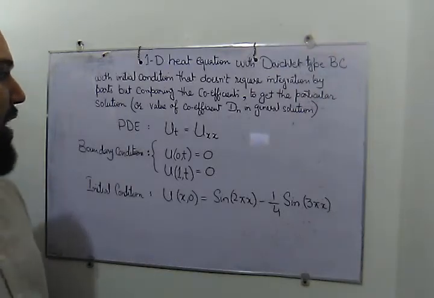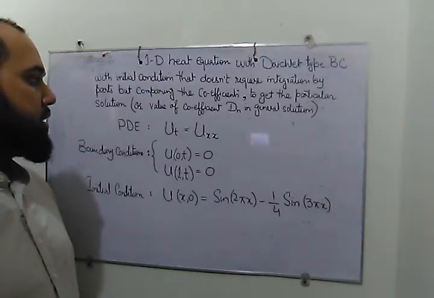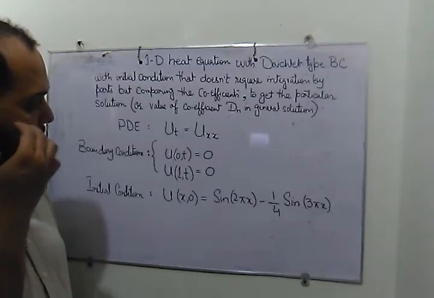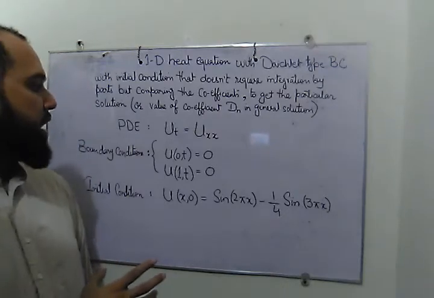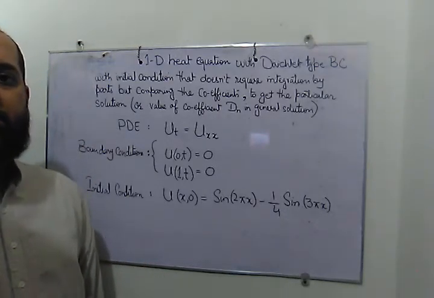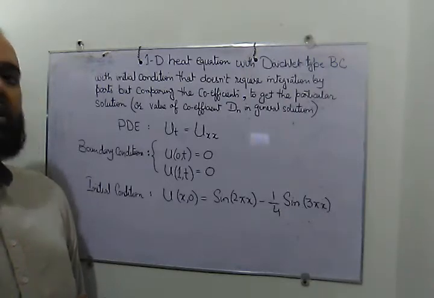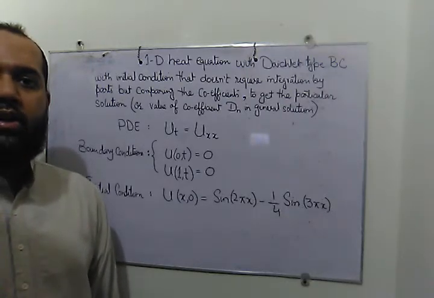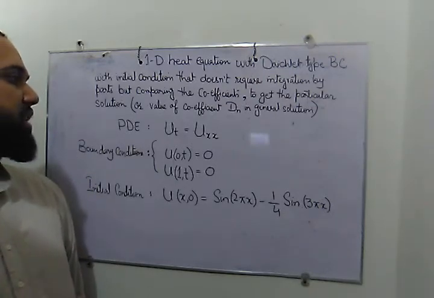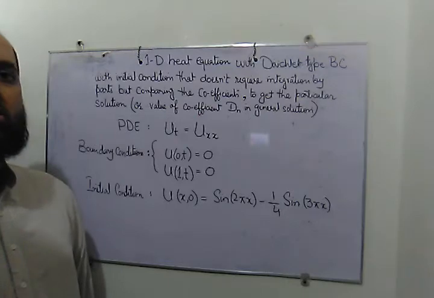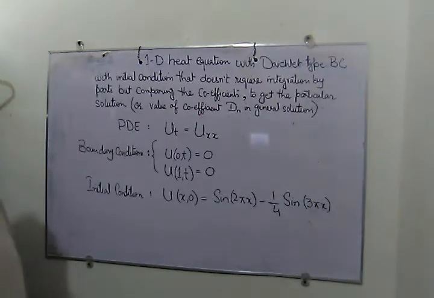Here in this partial differential equation, I omit the constant because when we solve it mathematically, we see that this constant normally appears only in the solution, and it has no role in the calculation or in the method of separation of variables. So sometimes, in order to simplify the question, we omit this constant.